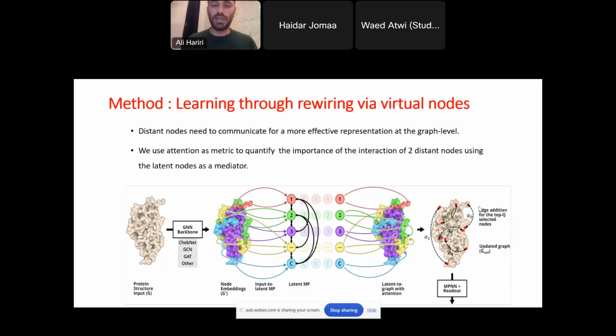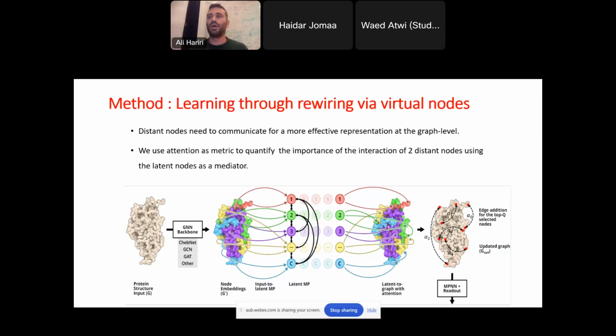I got the local information. How do I get the global? Well, I send the information from each cluster towards its corresponding monitor slash agent, which is in this case the virtual node. So I'm moving gradually from local to global by building a bipartite graph, and now the information flows in one direction from the local clusters towards the global agents. This is step 2. Step 3, I'm now making these agents communicate with each other.